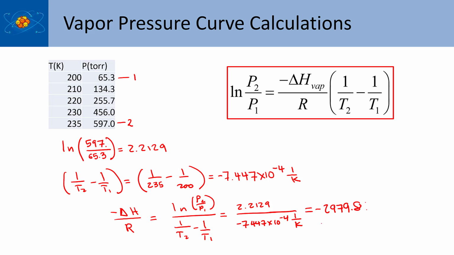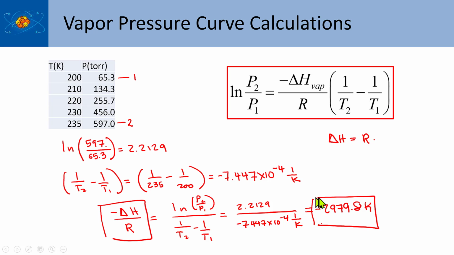And that'll be in units of Kelvin. So that's the value for negative delta H over R, and so now I'll multiply across by R. So now I'm going to be working with just these parts here. So delta H is going to be equal to R times, I got rid of this, I changed the signs here, right? So I got rid of those signs,